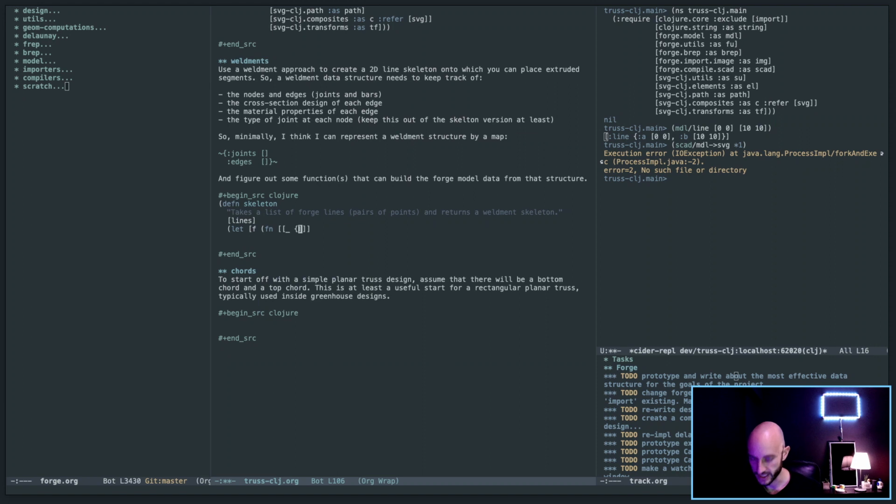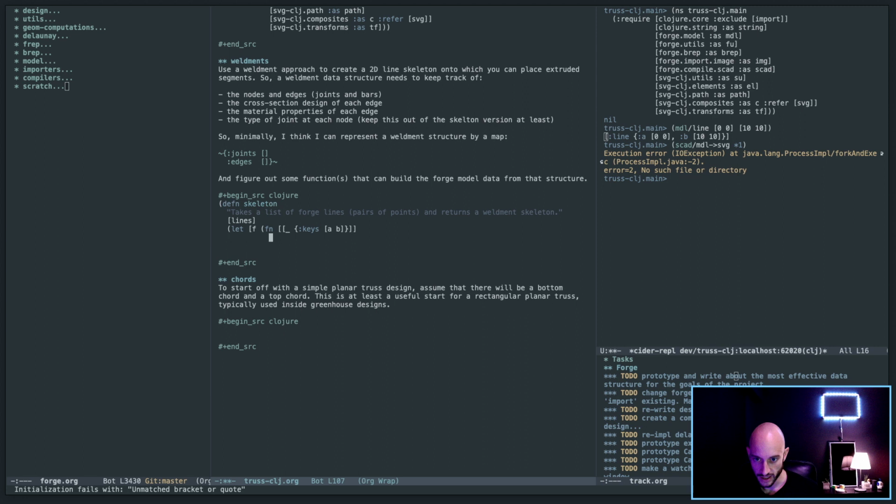I just want this to be keys, point A and point B. So I'm destructuring inside the function signature, destructuring this line data structure right away. So I'm getting A and B, each a point in and of themselves. And what it's going to do is actually produce,